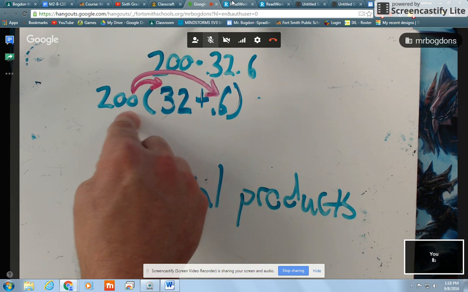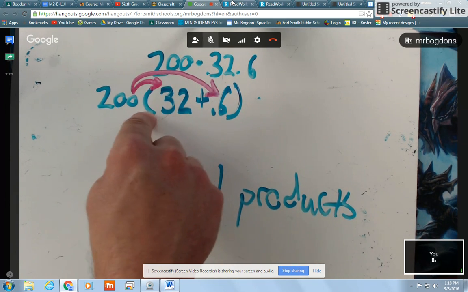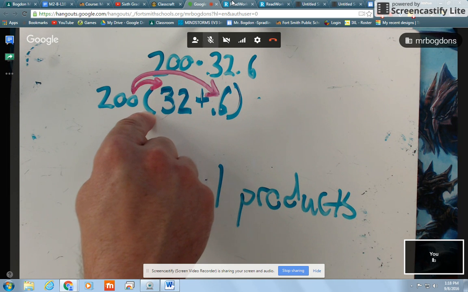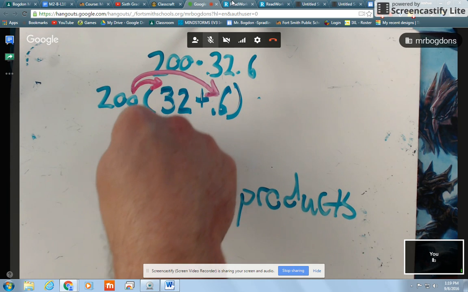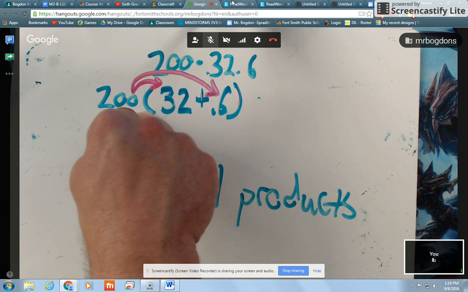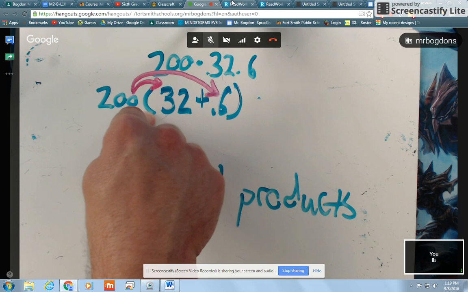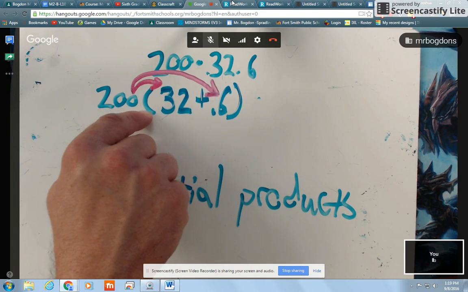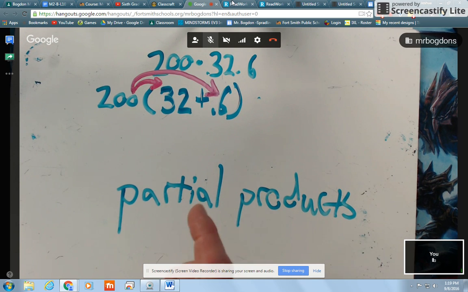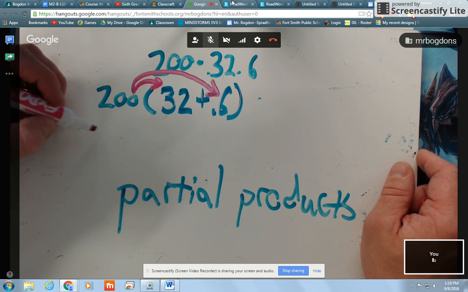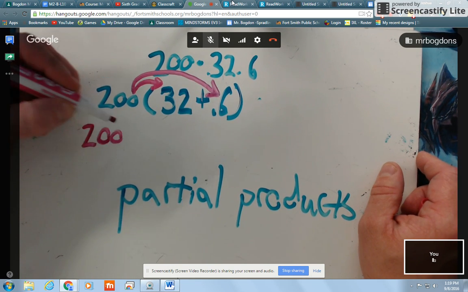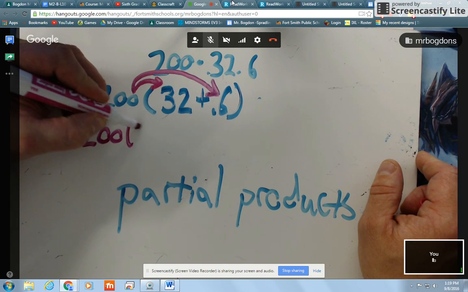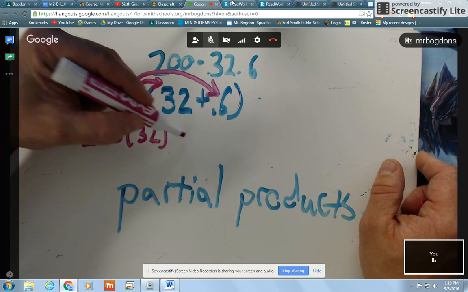Is there an operation going on here between the 200 and the parentheses? There is one, but let's all recall that math people are lazy, right? We like writing things without spelling everything out piece by piece. The operation, as I've already said, was multiplication. So now I can rewrite this problem into some partial products. This becomes 200 times 32 plus